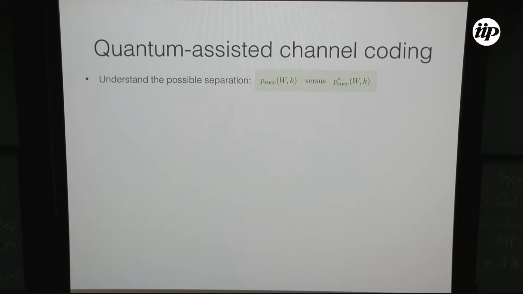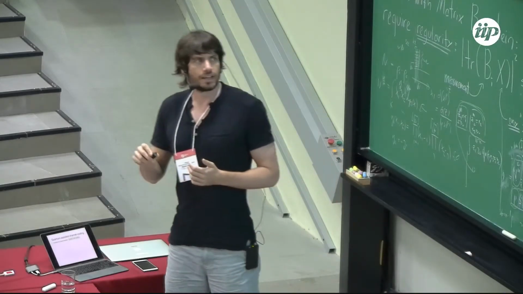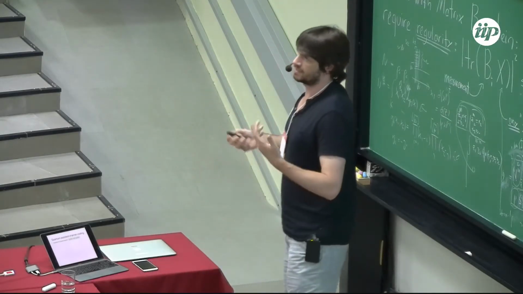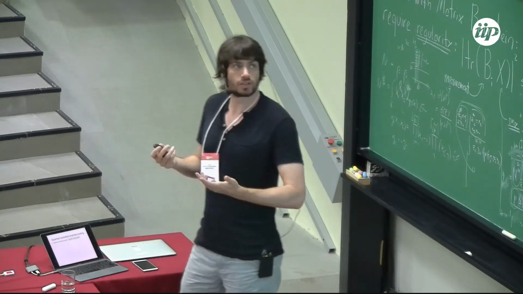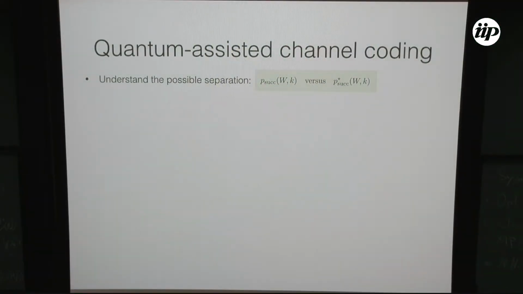Okay, so what is this talk about? The idea is that we want to understand what the difference is. This p star is never smaller than p, but how large is this gap? How large can this gap become in general? You can think of this as a two-player game or a Bell inequality, where we want to understand how much quantum advantage you can get, but in this information-theoretic setting where we look at a fixed channel. I think Omar also used this term already: it's like a channel game.